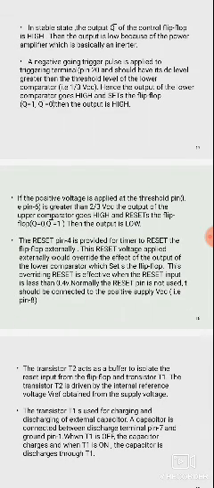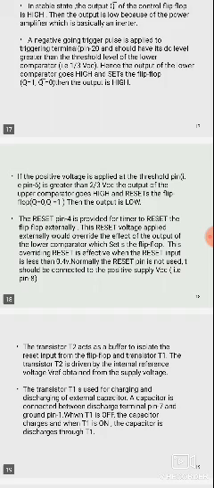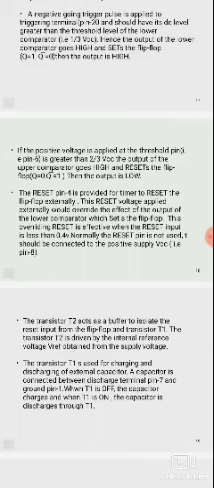In the previous section Q is equal to 1 and Q bar is equal to 0, with the output in high state. Here it is the opposite: Q bar is equal to 1 and Q is equal to 0, and the output is low state. When the input voltage crosses 1 by 3 VCC, the output will be high state. When the threshold voltage is greater than 2 by 3 VCC, the output changes from high state to low state, which is nothing but Q equal to 0 and Q bar equal to 1.